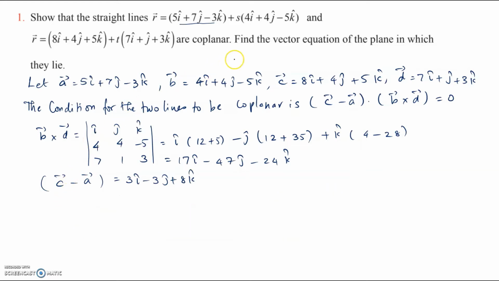Let's go to the second part of the question, which is find the vector equation of the plane in which they lie. So, since the lines are given and they are coplanar, the non-parametric vector equation is